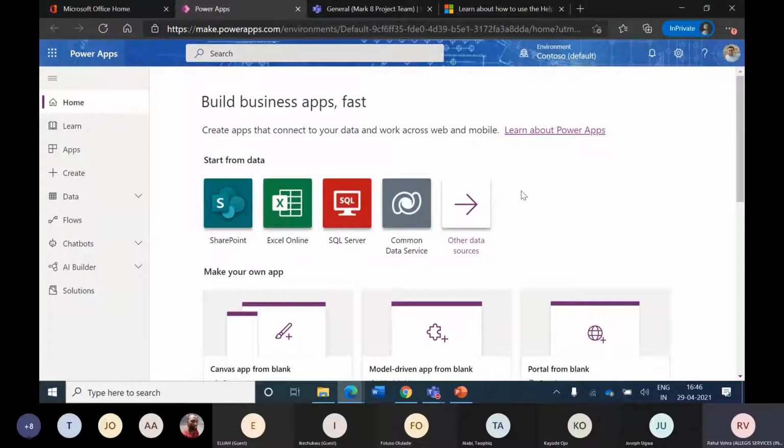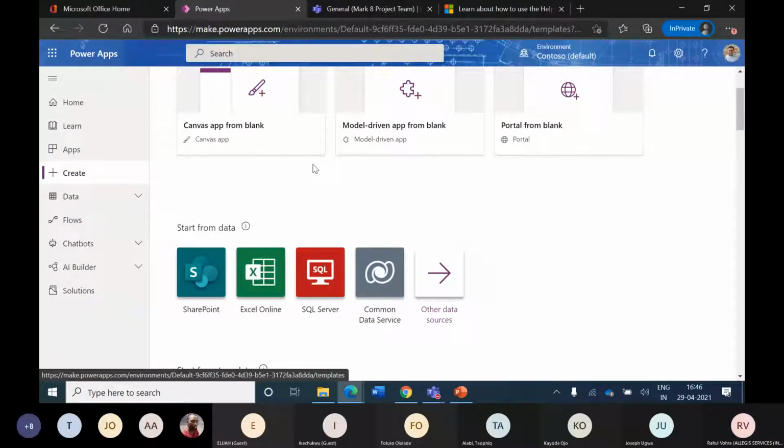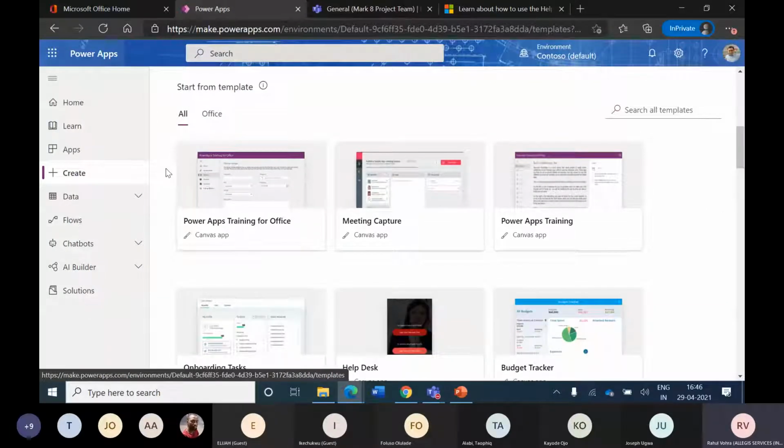We will get into the details, familiarizing with the features available, in a short while. But before that, let's see what is available to us out of the box, ready to use. So it also has a concept of templates. These templates are ready-to-deploy apps. If we follow a few simple steps like a wizard, it leads us to the creation of this app and then